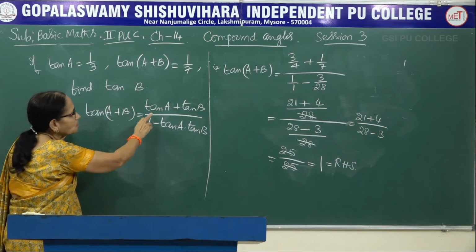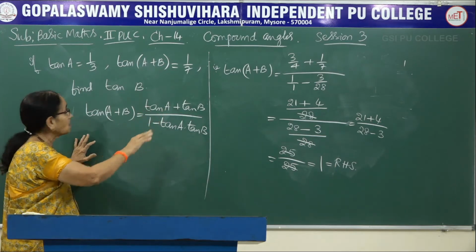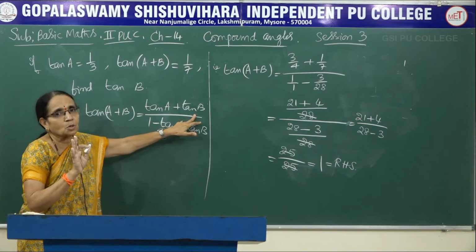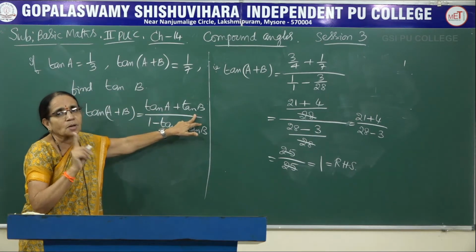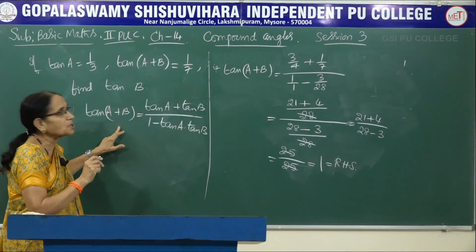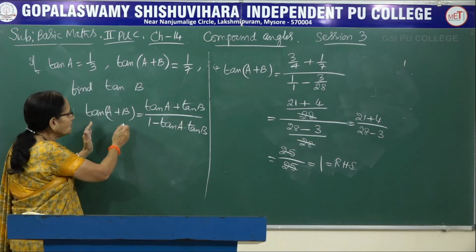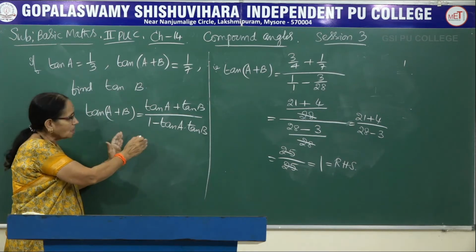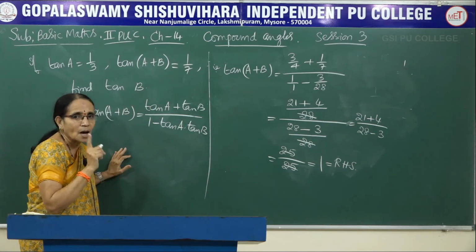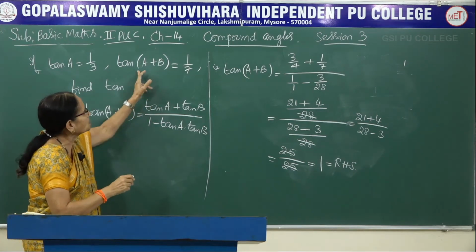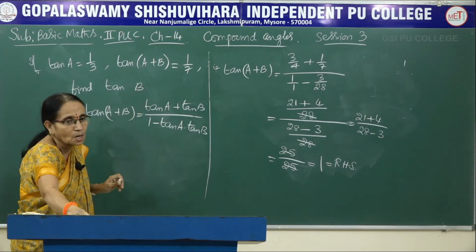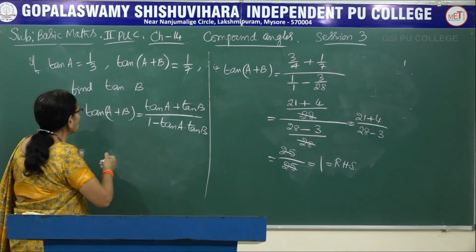See, on the right hand side we have two quantities, tan A, tan B. Tan A has been given, whereas tan B is an unknown quantity. That is what you have to calculate now. And what is the other part of the data? Tan of A plus B is given. In other words, the left hand side is given and the right hand side, one quantity is given, the second quantity has to be calculated. Because it is given tan of A plus B, we consider the expansion of tan of A plus B only.